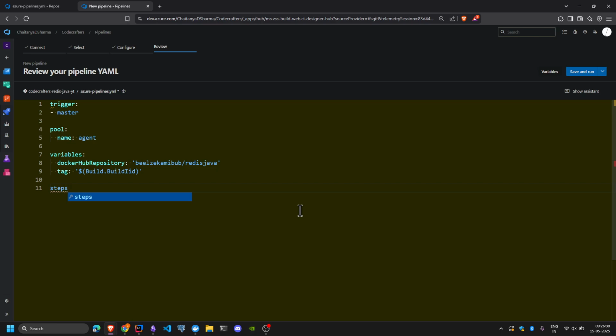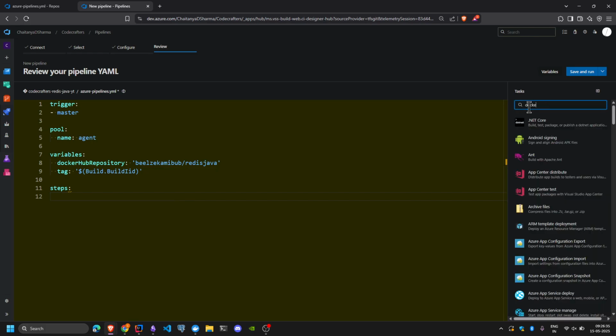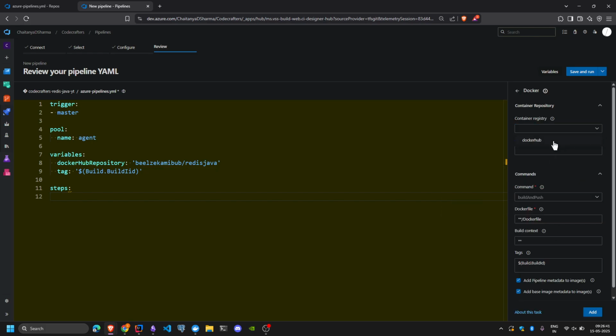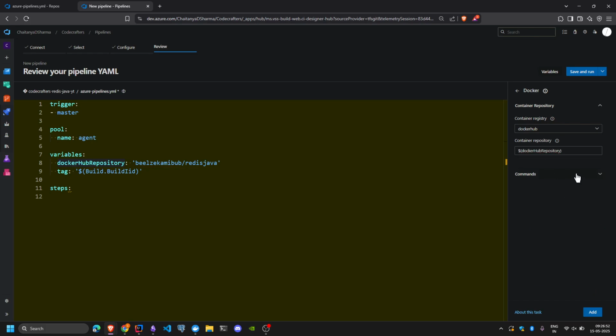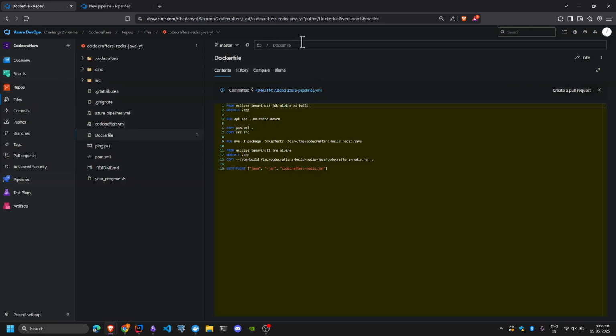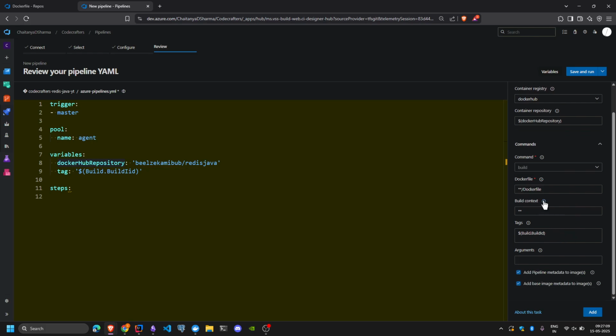So let's write the steps for the pipeline. Right here we'll search for Docker. So Docker build command, container registry. We can use the service connection that we have created right now, and container repository should be this variable, like so, and we will be building the image in this one and pushing it in the next one. So it needs the path of the Docker file. Come here, select this, and yeah, this will work. It will build any Docker file. The build context should be,